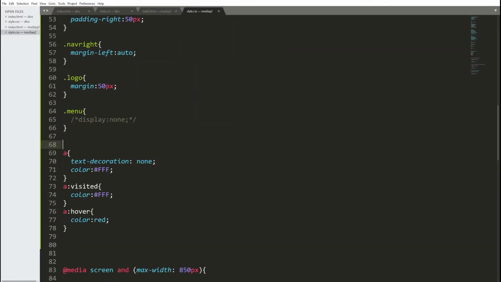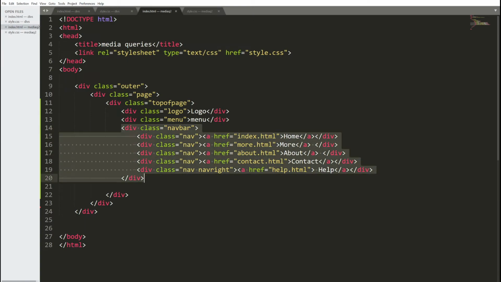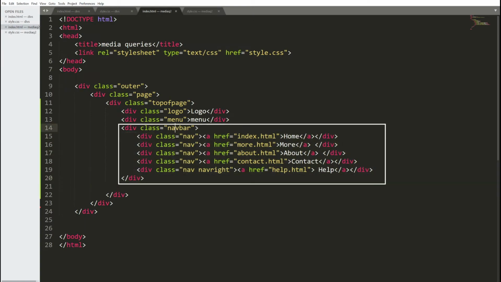And what I really want to happen, not only do I not want the word menu or eventually the hamburger menu image to show up when we're seeing the layout for desktop, what I really want to happen when we hit the mobile format for the display, I want menu to be out there on screen for people to use. At the same time, I want the regular navigation, which is this, all hidden. I set this up to be easy on me, of course, because I knew if I put everything within this div with a class of Navbar,